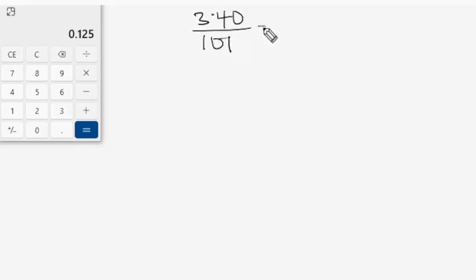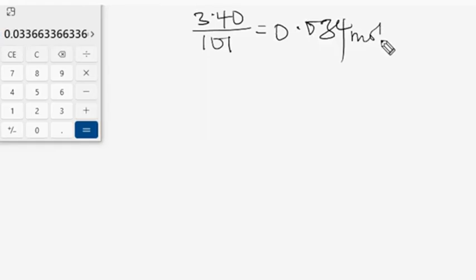So let's go ahead and calculate for this. 3.40 divided by 101, and guys, this is 0.034. So let's take this as the number of moles,